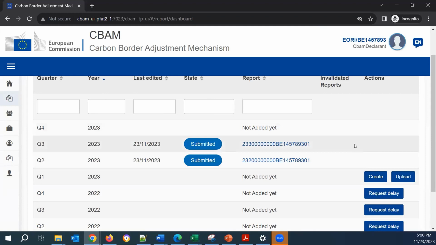So here we are. We have created 2 CBAM reports. One manually via the user interface, and we have also uploaded a CBAM report via the XML upload functionality here.